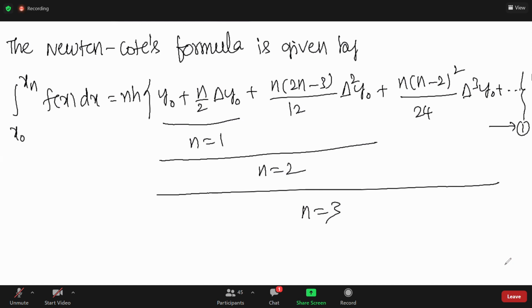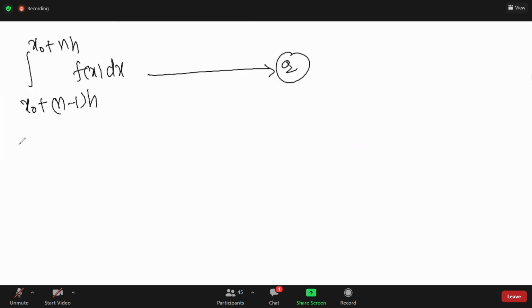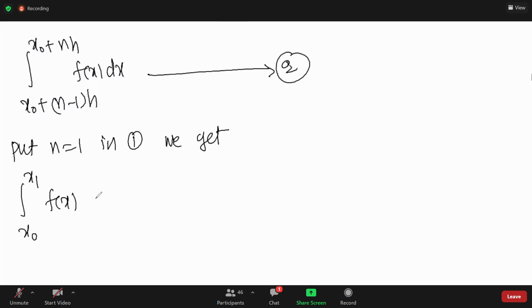Put n is equal to 1 in equation 1. We get integration from x0 to x1 f of x dx is equal to, n is equal to 1,